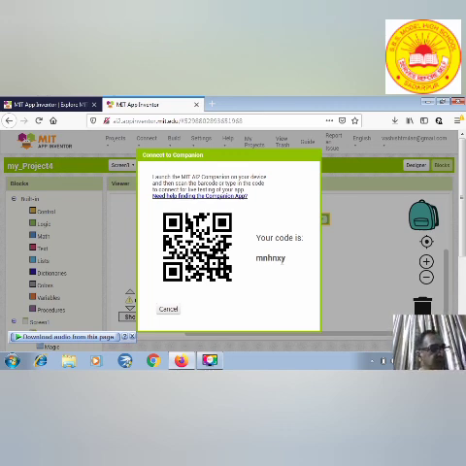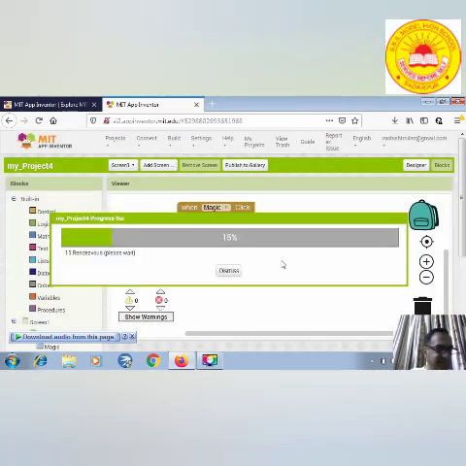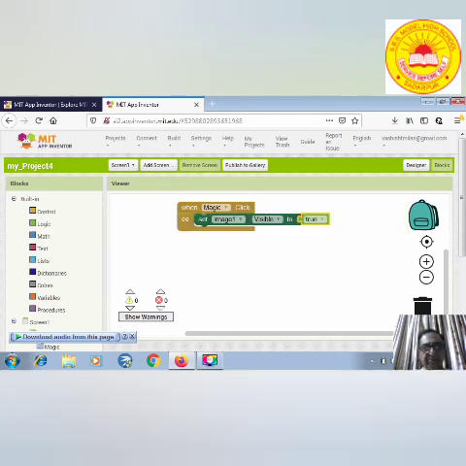Within a few seconds, your QR code has been scanned by MIT App Inventor in your mobile phone and shows processing. Your image has been shown to you in your mobile phone.